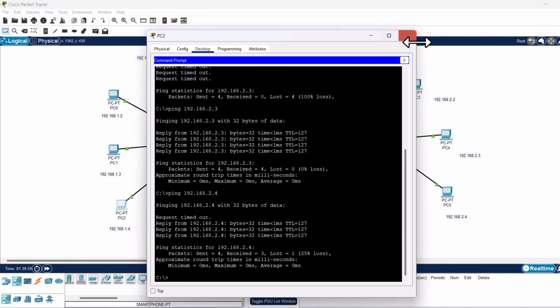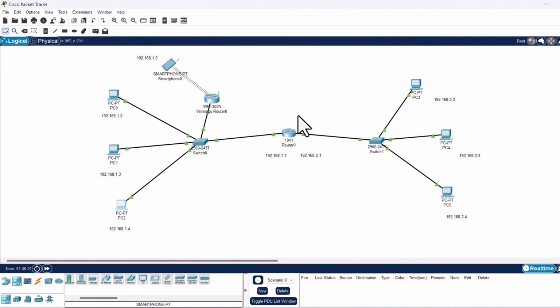So now we have built a network with one router, with two switches, with one wireless access point, and with one wireless device which is a smartphone, and 3 computers on one side and 3 computers on the other side, and they are able to communicate to each other, and we did some troubleshooting. So yes, guys, this is it for this video. In this video I tried to demonstrate the very basic virtual local area network and how it works,